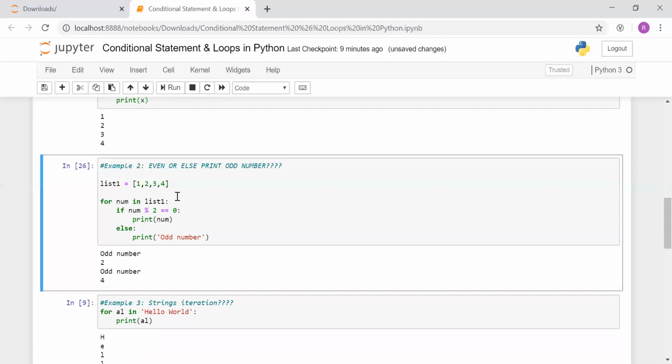Second example: here I am checking whether the numbers in the list satisfy a condition. We have a requirement that if the number is an even number, we should print that number. But if the number is not an even number, it should be printed as odd number. The output should be odd number and not the number itself. So here is my piece of code for this. What I have done is assigned the values 1 2 3 4 to the list variable, and we have started iterating using this num incremental operator.